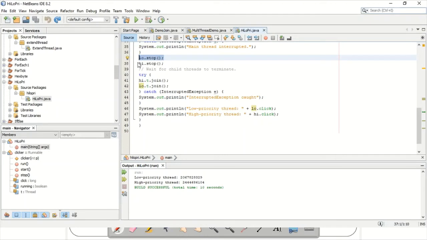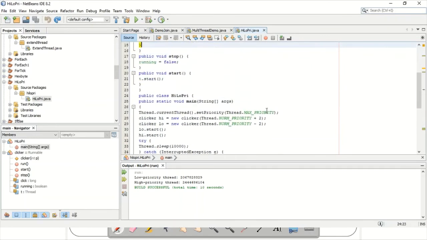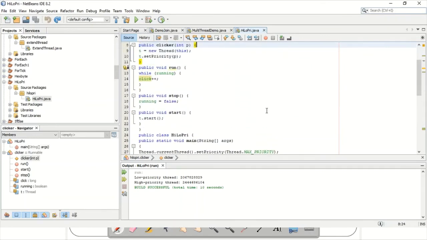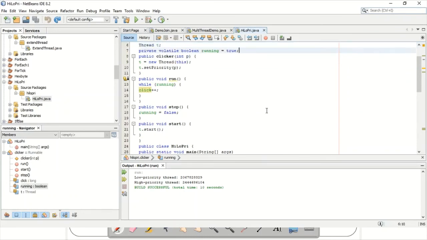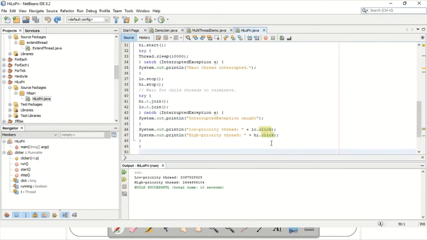In the same way, simultaneously both will be hitting the processor, and this is how many times click will be incremented. So low.click means it will call this particular click function, and it will print this particular click value, how many times it has run for the lower priority and the higher. Initially I set click equal to 0, right? So for the lower priority thread this click value will be printed, and for the higher priority thread its click value will be printed. So you should call using the thread, low.click, high.click. That is printed over here, the last two statements, low.click and high.click.